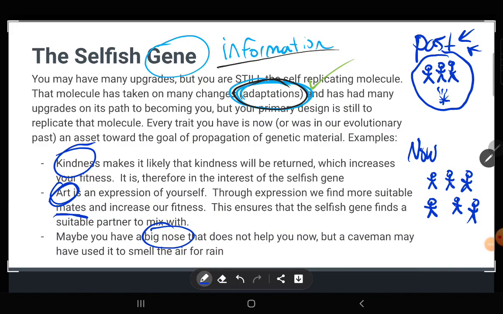And so we are unnecessarily kind in a way that doesn't really help us in many situations, because our genes are still thinking about the past. Our genes are still set up for that time. And that explains a lot of behaviors that don't appear to be selfish now,